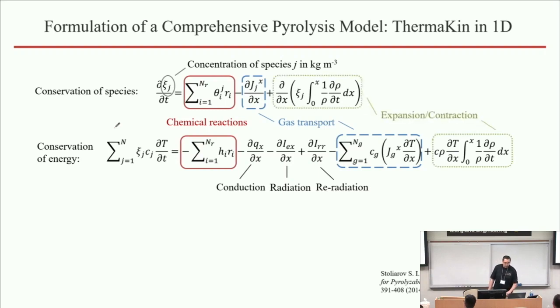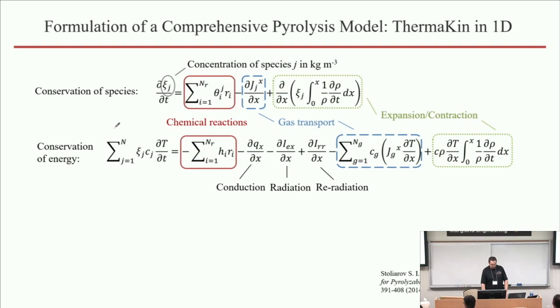And the last term is the key term by which pyrolysis models differ from CFD. Most of the time we're dealing with a system which either shrinks or expands as a function of time as it undergoes the pyrolysis process. So there is a movement of the mesh that takes place. And these equations are traditionally formulated in an Eulerian framework, which means that that movement actually causes movement of mass and heat against this framework, and that's what this last term takes into account.